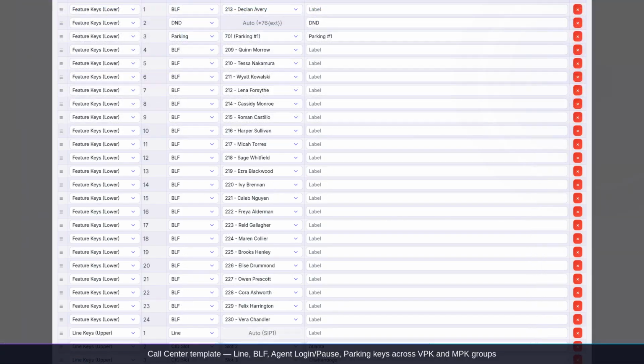To create a new template, click New Template, or clone an existing one. Let's look at the Grandstream 2160 call center template as an example. This one has 40 keys across 2 key groups. The VPK group covers the physical keys on the phone, and the MPK group covers the virtual keys that appear on the LCD screen. For a call center agent, you'd typically assign line keys in position 1 for their SIP